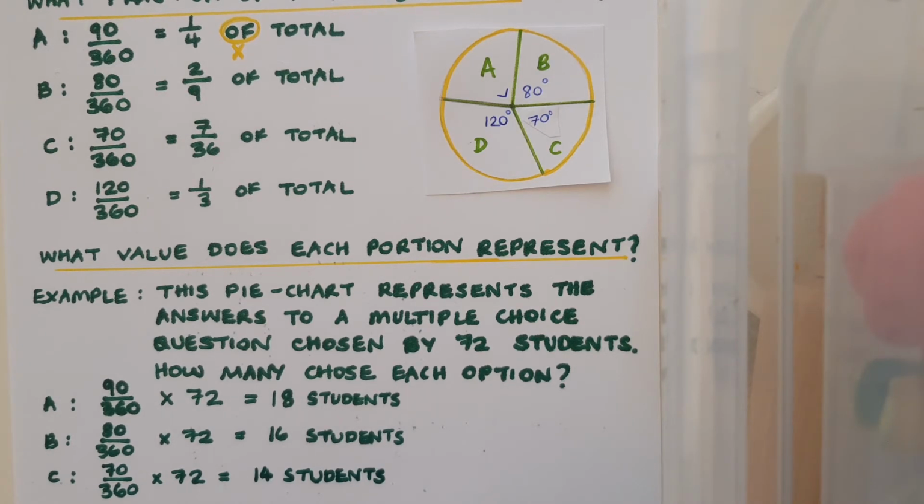And finally, to calculate D, there are 120 degrees in D, so I say 120 over 360 and times this by 72, and this gives me 24 students. Now, it's always nice if I have a way of checking to see if I'm definitely correct